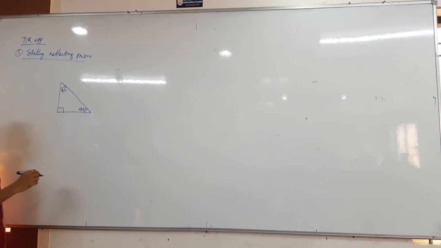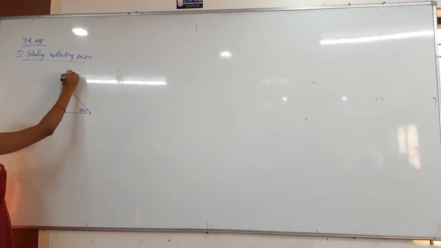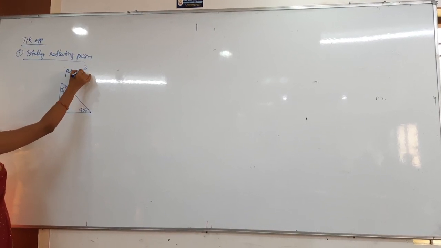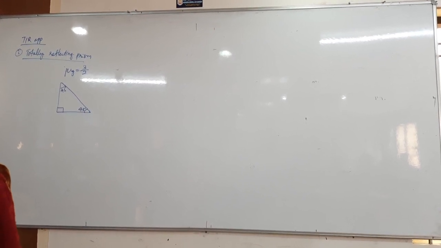The prism is obviously made of glass only. The refractive index of the prism will be how much here? Mu g is equals to 3 by 2 or 1.5. Before checking the total internal reflection, we have to check the critical angle first. Why? Because the critical angle will be the limit. If my angle of incidence is more than the critical angle, then what happens? Total internal reflection. If it is less than the critical angle, then normal refraction will happen.